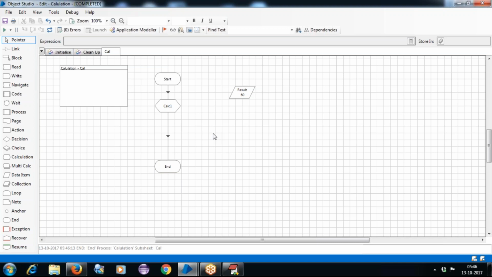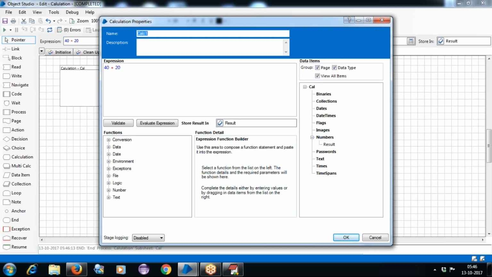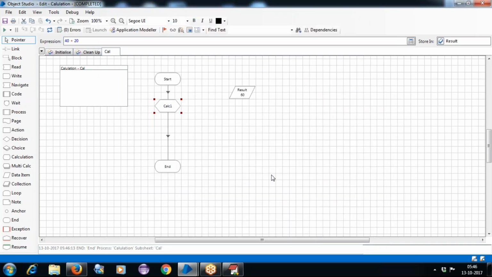Now here, if you understand, again we are using hard-coded values, right? If you see here, first you mention what exactly this 40 is, and then you take the 20. This data is considered hard-coded here. Now this is one possibility. Another possibility is, rather than using hard-coded values, we can assign this information to variables and then call those variables. Nothing but this information you can provide to the data item, and we can call that particular data item here.